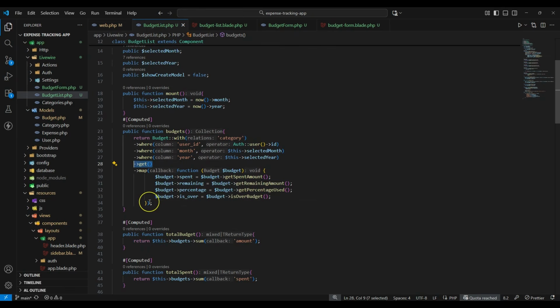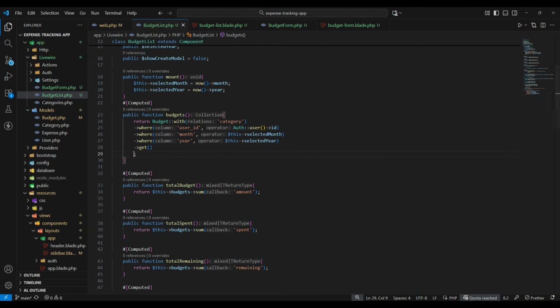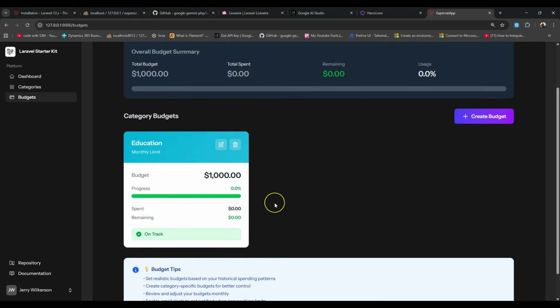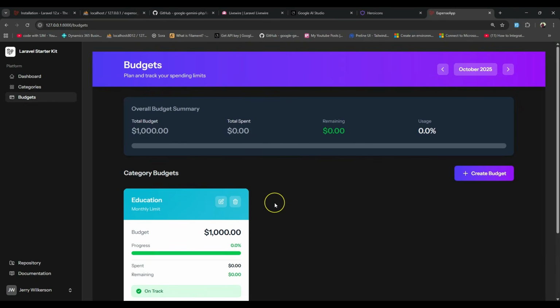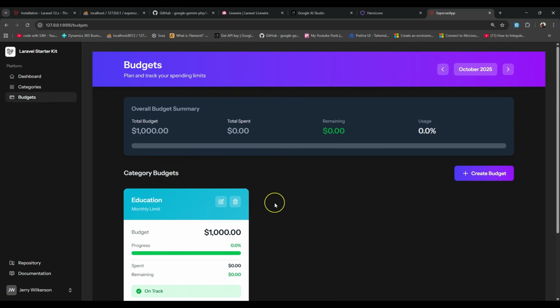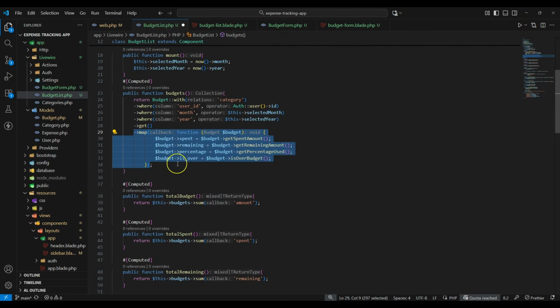So for example, let's try to remove this one, the mapping, and save. Now let's try to see what will happen here. Yep, so this works. It works just fine. And okay, now I understand the thing. So the issue is on this mapping. Let's try to return it to mapping. So this mapping,